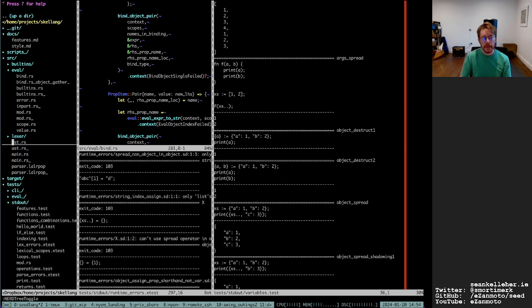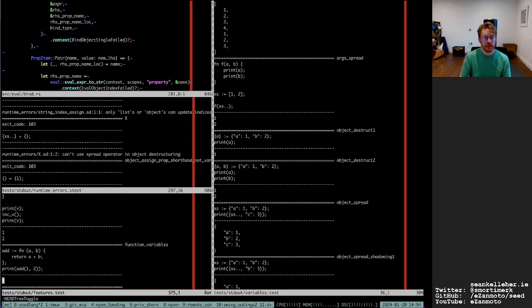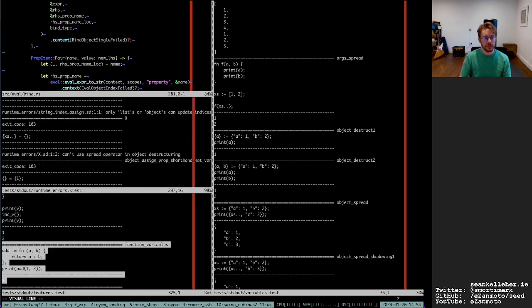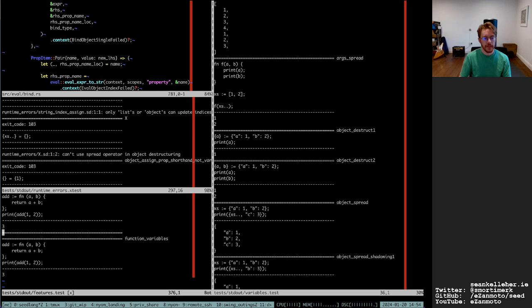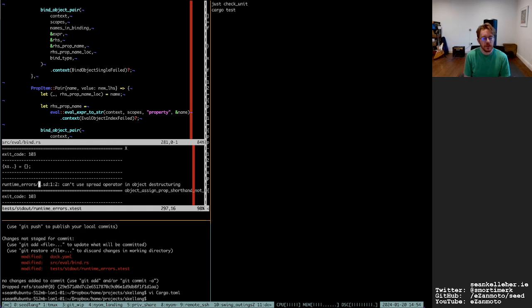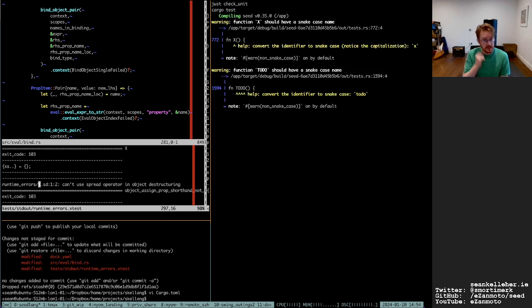Can't quite remember, but so I've added it to docs, and I'll add it to the features.test as well. So cool. So with that all in mind and ready for the next time.